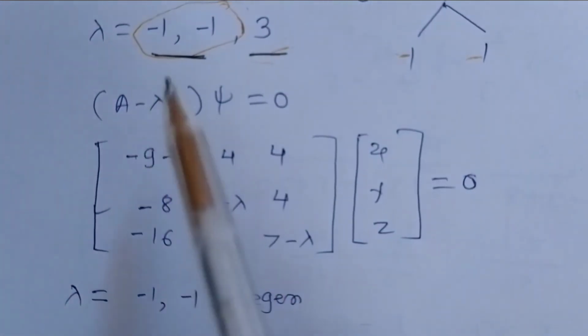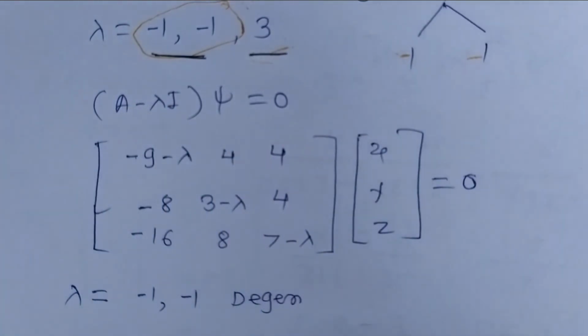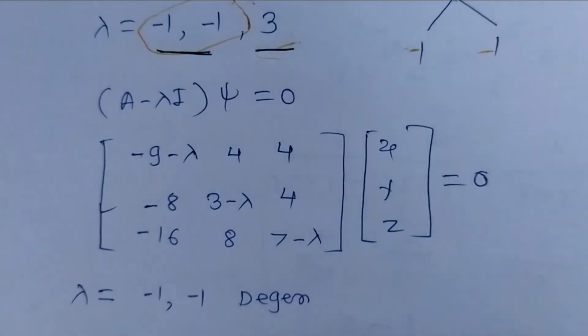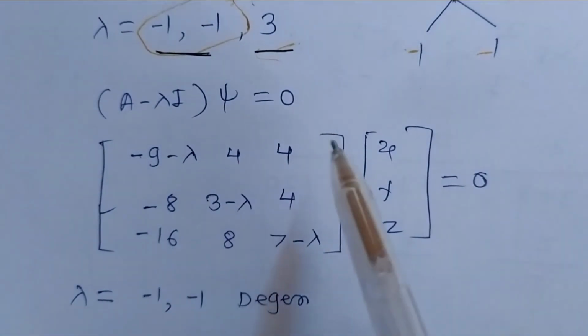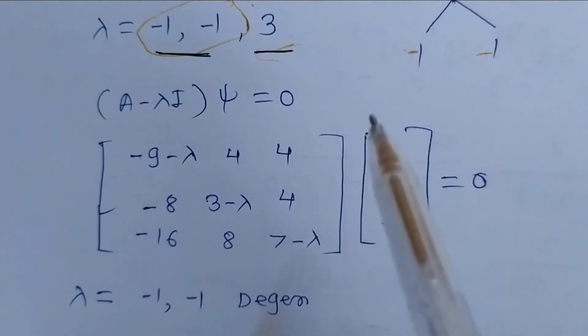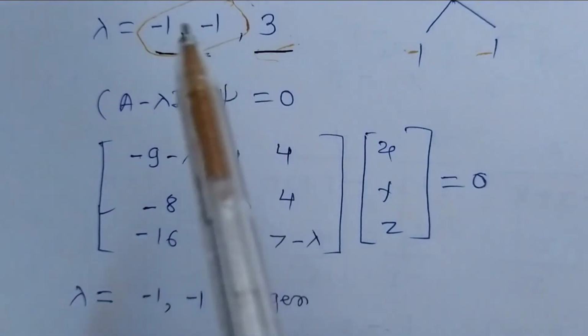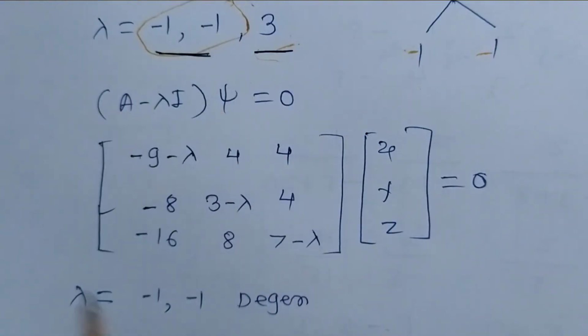So the characteristic equation for that is determinant of A minus lambda I is equal to 0. The matrix is minus 9 minus lambda, 4, 4; minus 8, 3 minus lambda, minus 7, 4; minus 16, 8, 7 minus lambda, times x, y, z equal to 0. When we take this degenerate eigenvalue, lambda is equal to minus 1 and minus 1,